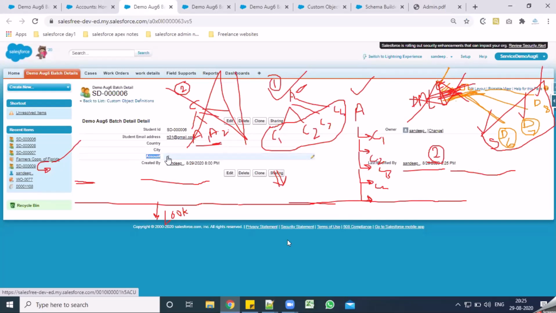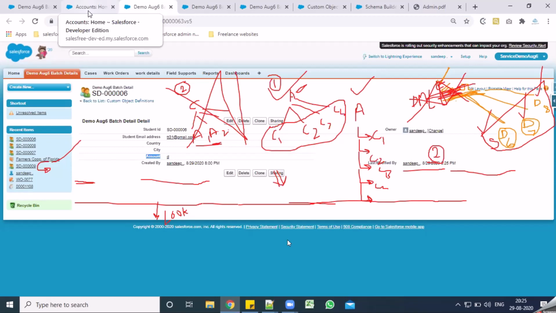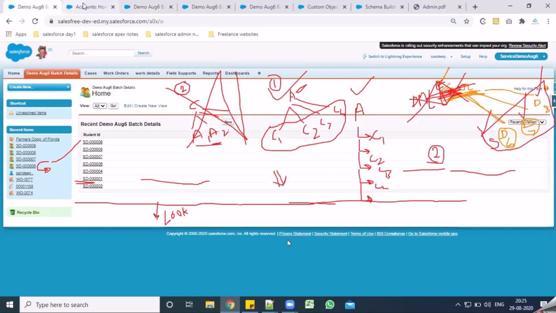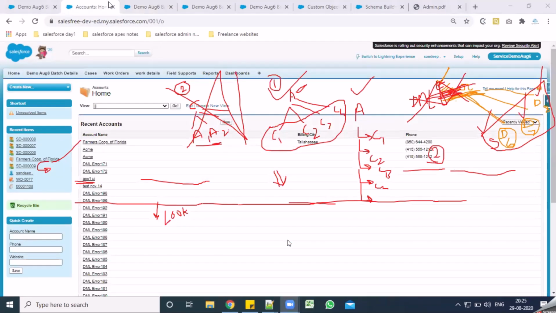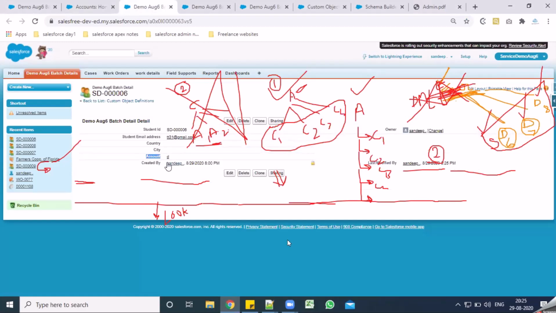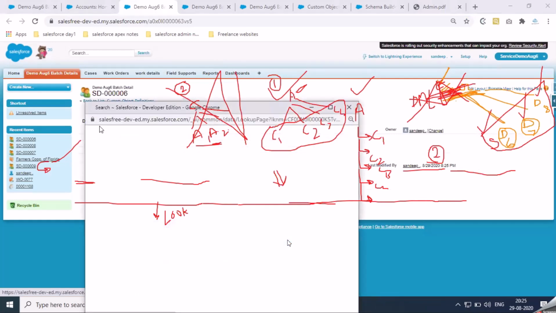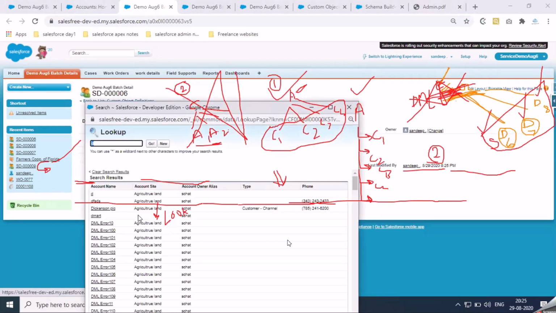This lookup field on my child is basically helping me to connect to the parent, as per the description that we have on the field, as per the definition of our field, right? So while creating this account field, what I've told the system is I want to connect to the account. So upon clicking on this lookup icon, you can select the account from that pop-up list, right? So that is your lookup relationship.